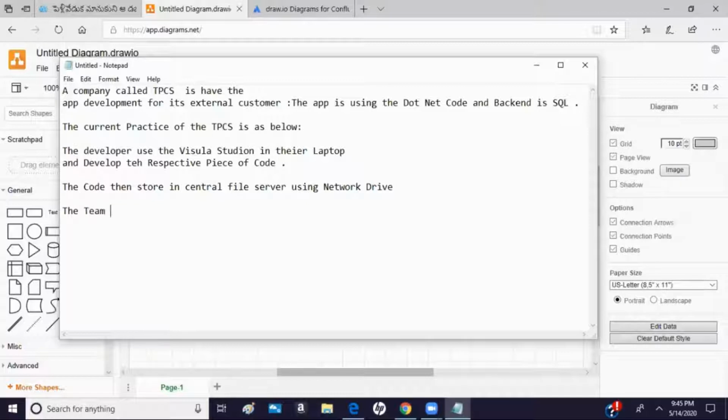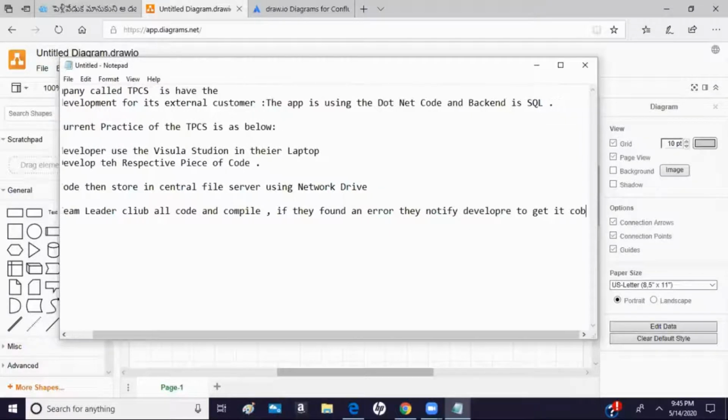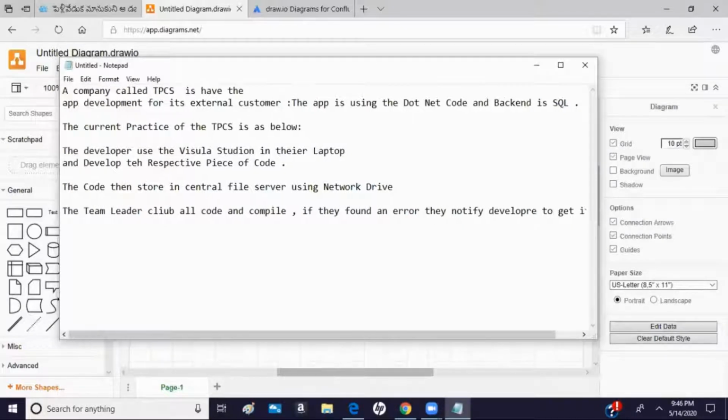The team leader clubs all the code and compiles. If they find an error, they notify the developer to get it corrected.